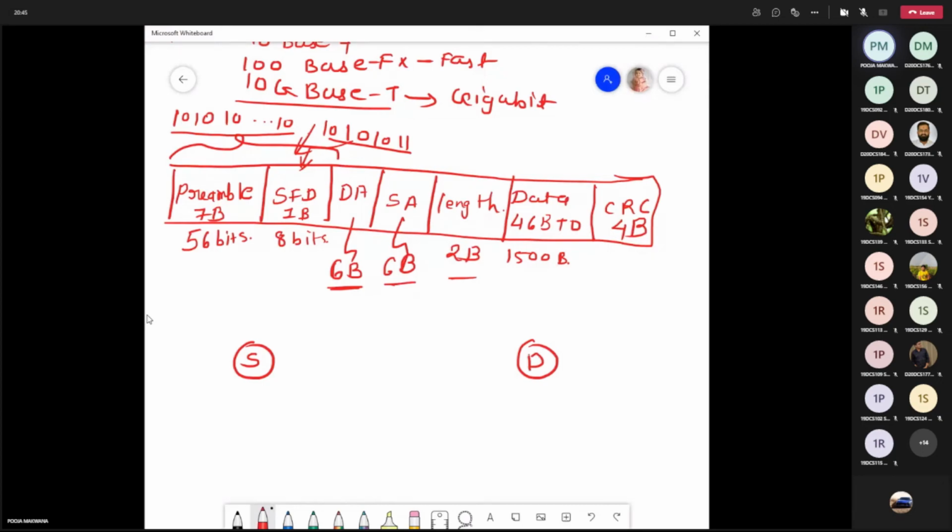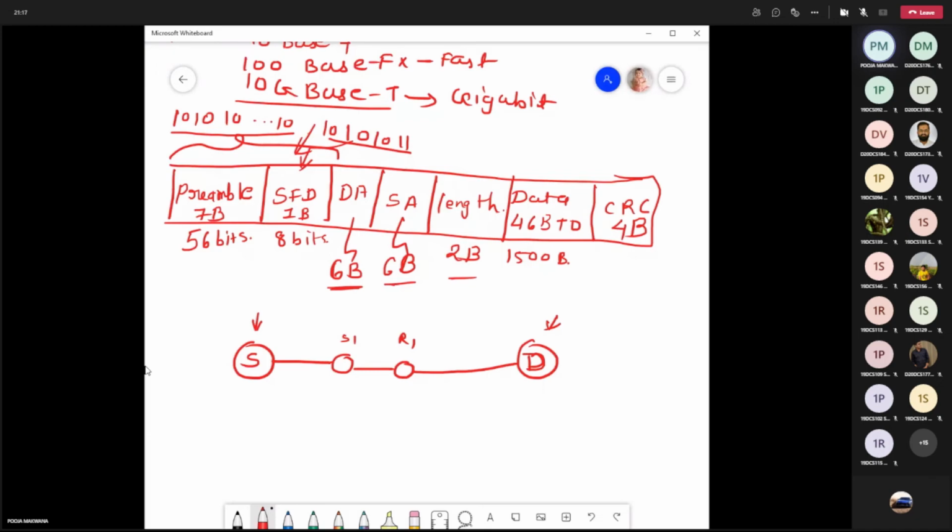We know that the network layer is source to destination delivery, that means the source address consists of this address and the destination address consists of this address, right? And between the source and destination, you may have some switches, some routers, and some other hosts, right? So your data is passing through all the in-between hosts, right? Suppose there is some switch and some router and data is going on, right?